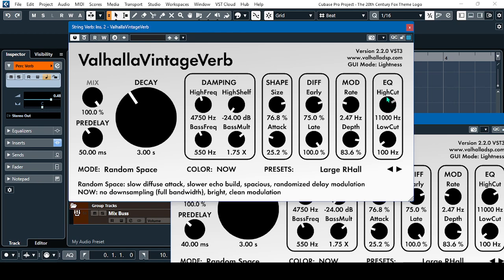So at the high cut filter, you have to set it at around 11,000 hertz. That is the lowest position for a wide stereo setting. Okay, so 11,000 hertz